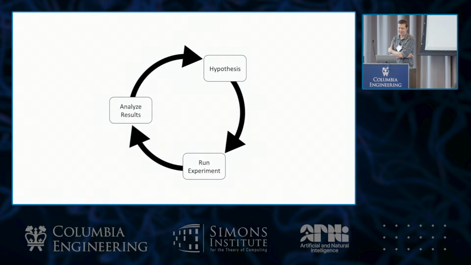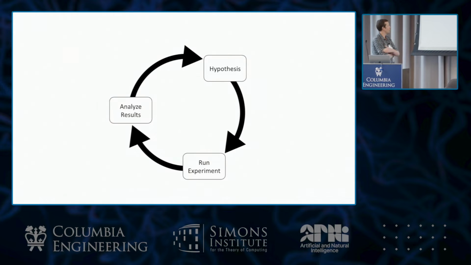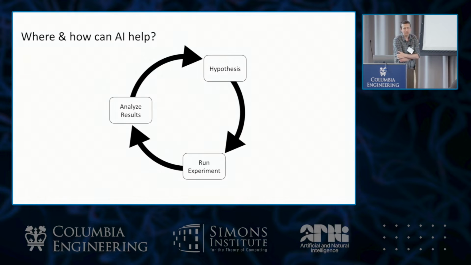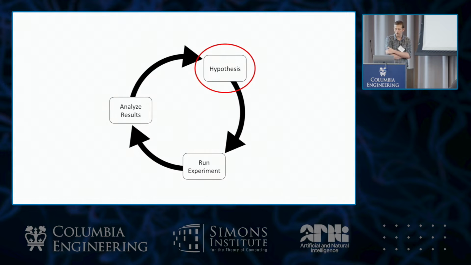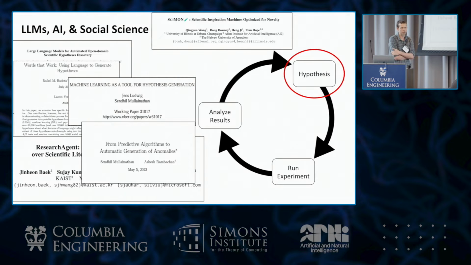Most scientists and social scientists as well live somewhere on this cycle of generating hypotheses, running experiments, and analyzing results. And a lot of people are wondering, how can you use AI to help this process in some way? The social science version of this has focused, I think, on two areas. One, there's been a lot of interest in hypothesis generation. Often this takes the form of looking at data we actually already have, and can we identify anomalies or try to refine theories. And there's a lot of work in this space.